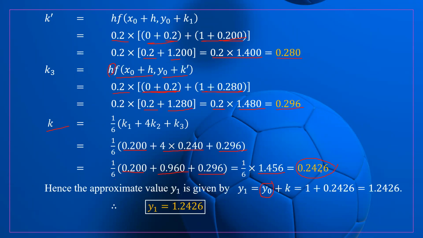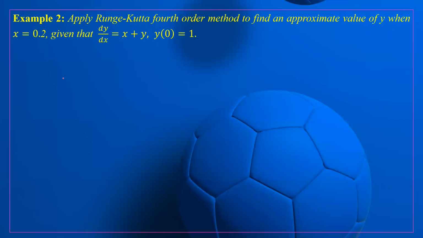So this is called the Runge method. In the Runge method, K days is introduced. Now in the Runge-Kutta method, meaning the RK method, this K days is removed and K3 and K4 are introduced. So let us take one more example of the RK method. Apply the RK method of fourth order to find an approximate value of y when x is equal to 0.2. Just look here, we are taking the same example, but instead of the Runge method, we are using the RK method.